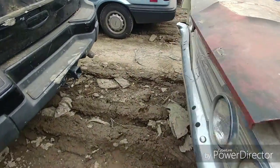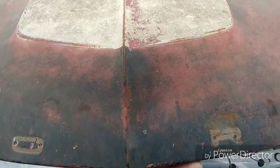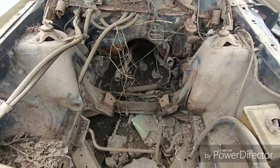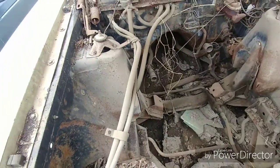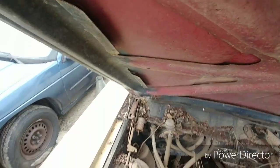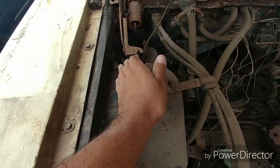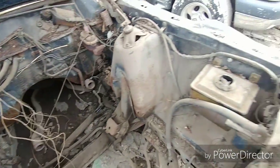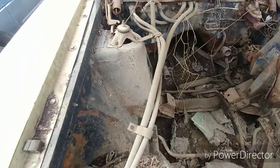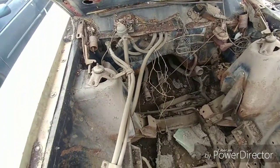Let's look underneath the hood real quick. Try to wrap this video up. And obviously nothing. Long gone. Like I said, I think it was a 302 2-barrel carb. This hood. Yeah, that's pretty much it, man. Standard brakes. Actually, no, this was...